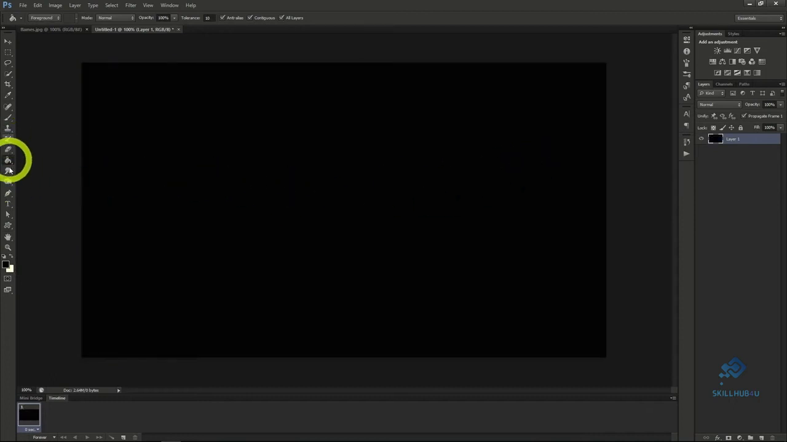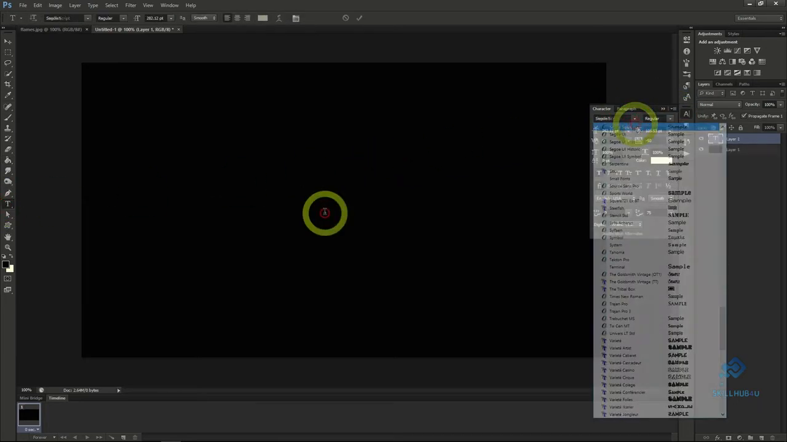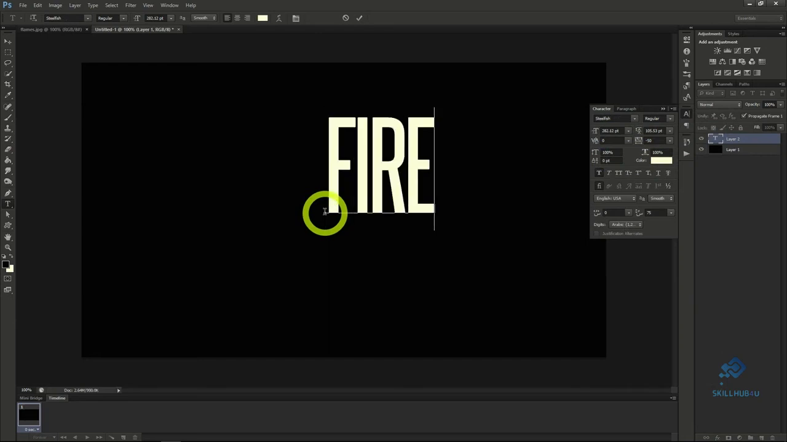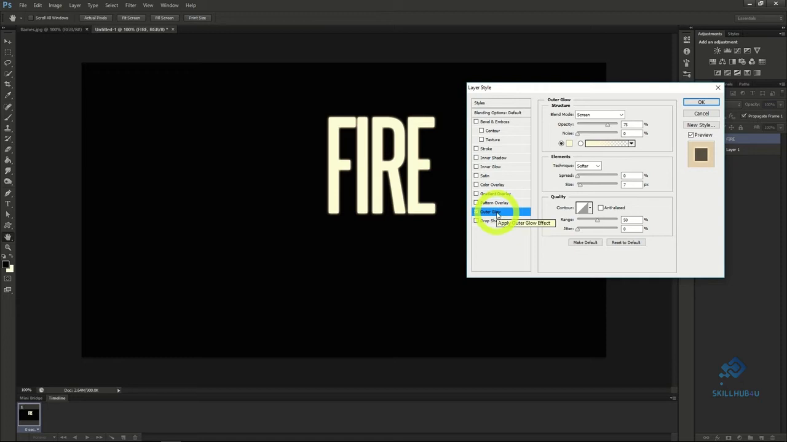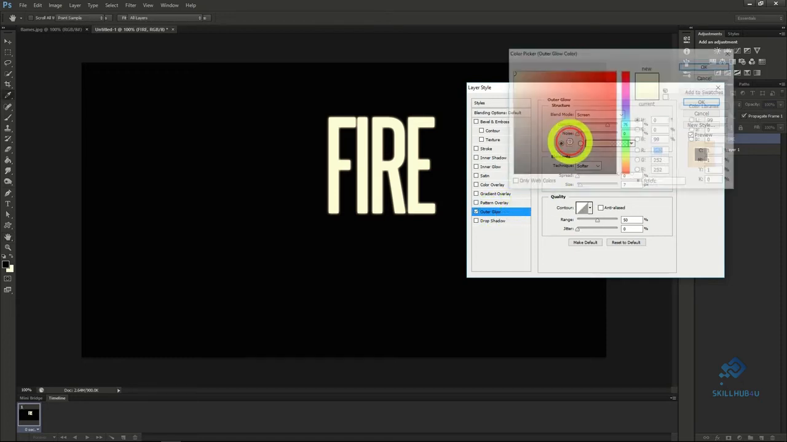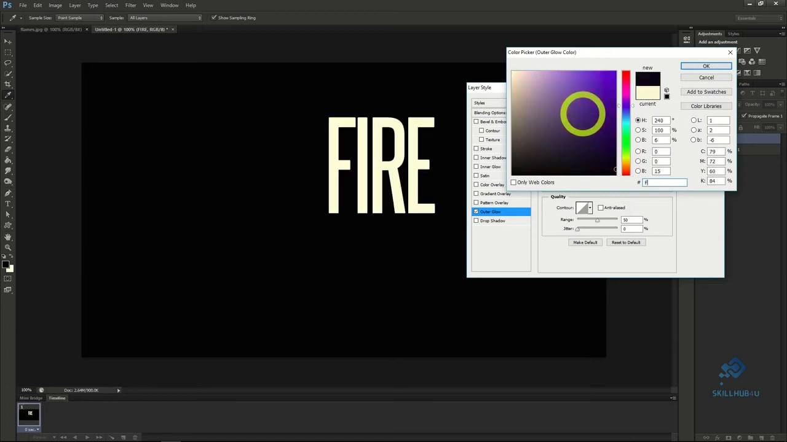Use the Text tool next. And a great tall font. I'll type the word fire here so we can see the effect on it later. Let's go to the blending options on our layer and add an outer glow. Change the color in the box here to F70300,